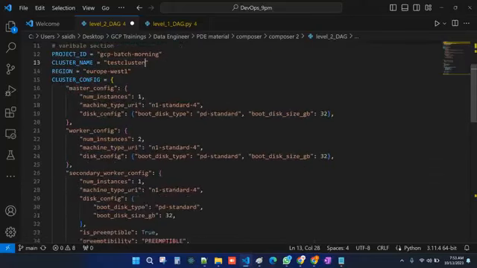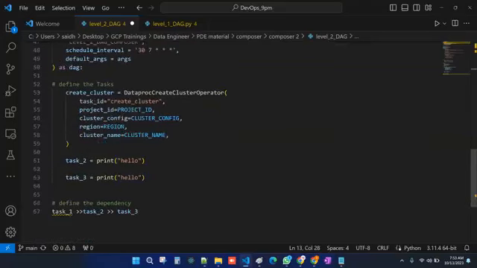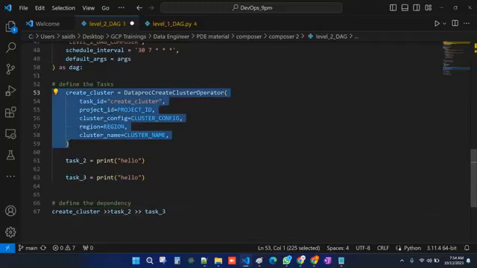Once this is also done, you can see here all the variables we have defined properly. My task name is create cluster. I'm going to copy this task name and put it here. Okay, so create cluster is my task, and I have mentioned the Dataproc create cluster task ID, and after that the project ID, cluster configuration, region, and cluster name. All the details I have defined, and variables also I have properly mentioned. That means with this one, if I run it, the cluster has to be created. Okay, that's one. And next task is that I wanted to